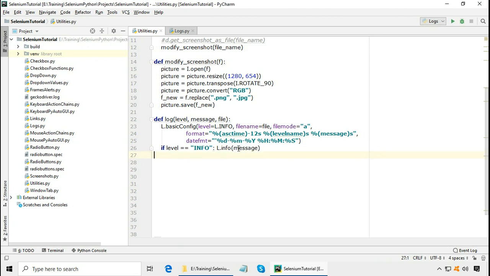So I'll copy it and paste it 3 times, and after info it is warning.